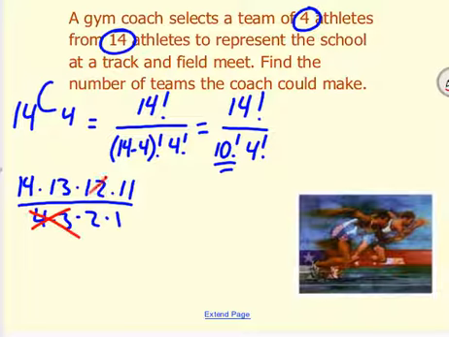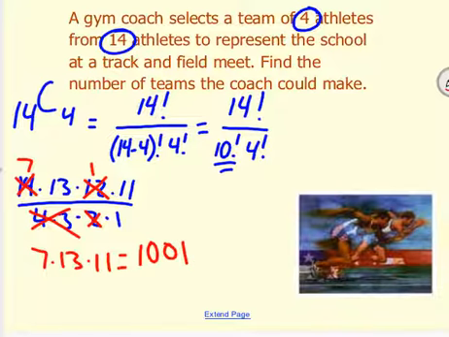4 times 3 is 12, so I'm going to get rid of that. That's just a 1 now. 14 divided by 2 is 7. So really all I have to multiply together is 7 times 13 times 11. Ooh, a bunch of prime numbers. No wonder nothing canceled out. You get this awesome result of 1,001